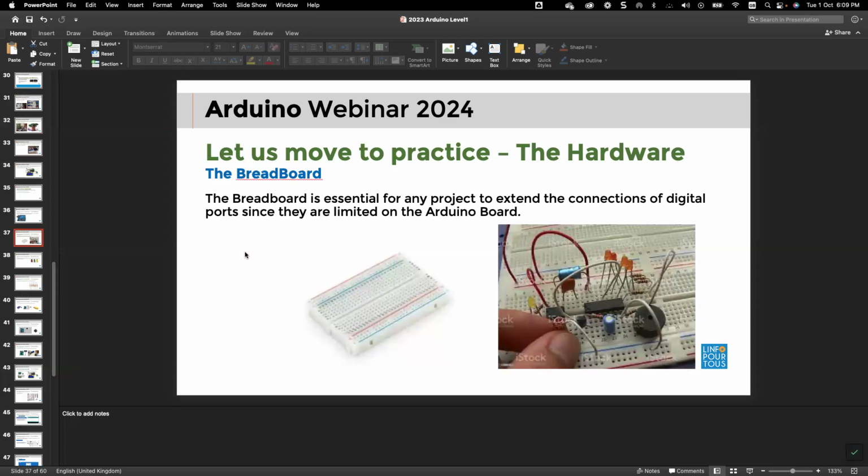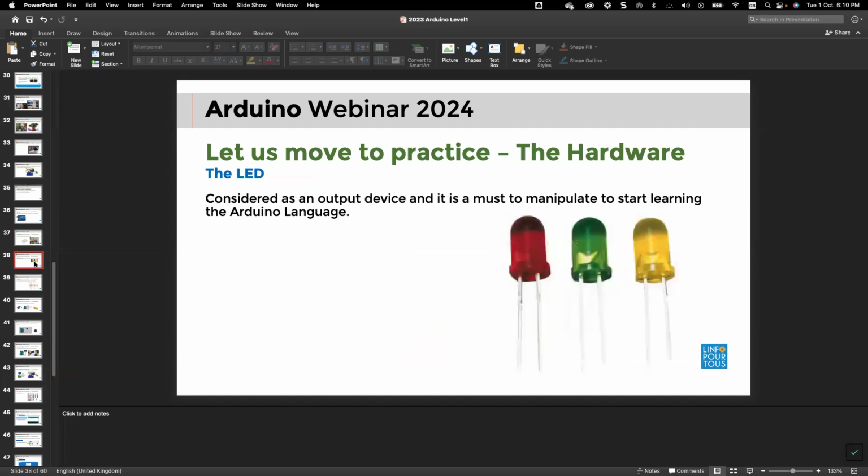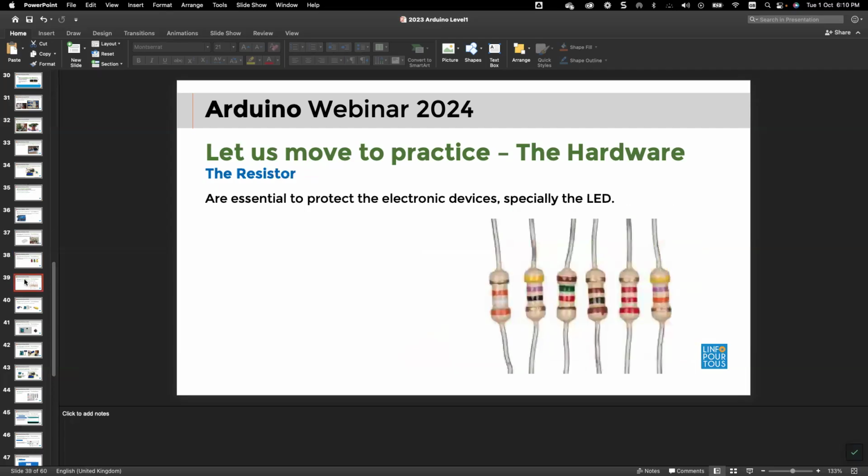Another item that you will be using is the breadboard, which is essential for any project to extend the connections of digital ports, since they are limited on the Arduino board, and we will be explaining this later on. We have the LEDs to create some lighting effect.